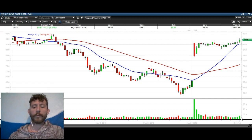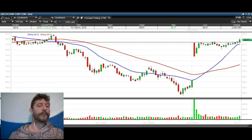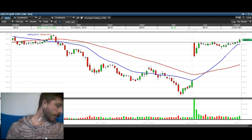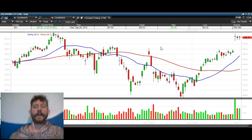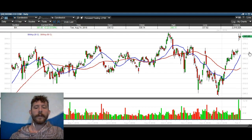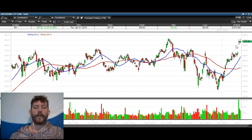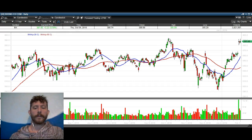It also broke out with a little bit of heavier volume as well to break over that resistance, which is a very positive sign. The next one we're going to take a look at is Boeing. And Boeing here gapped up huge on an earnings reaction, very good numbers. And I want to kind of back it up here and show you that we have some resistance right here,